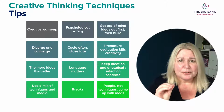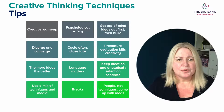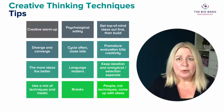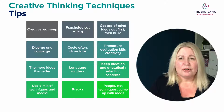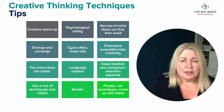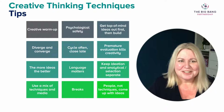So don't evaluate too quickly. That was tip number 6. Tip number 9 is to keep those two separate. Tip number 10 is to use a mix of techniques and media. So I'm going to share quite a number of techniques with you, and it's really good to mix those up and to mix the kinds of activities that you're doing, so that you're not using very similar creative thinking techniques in your session. You're maybe using 2, 3, 4, even more, and they're coming from using different things and different